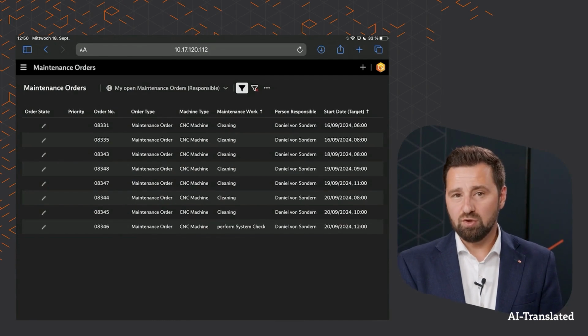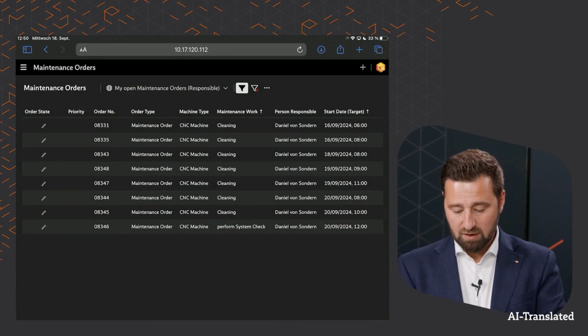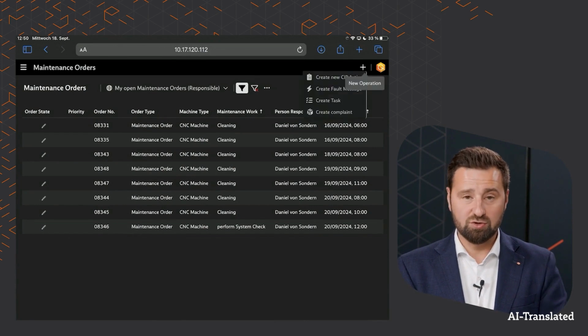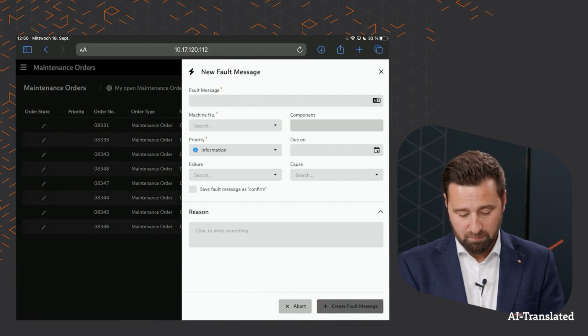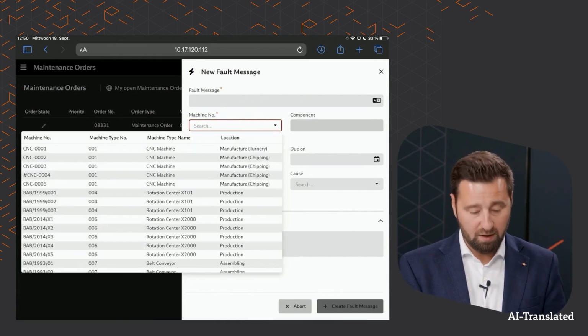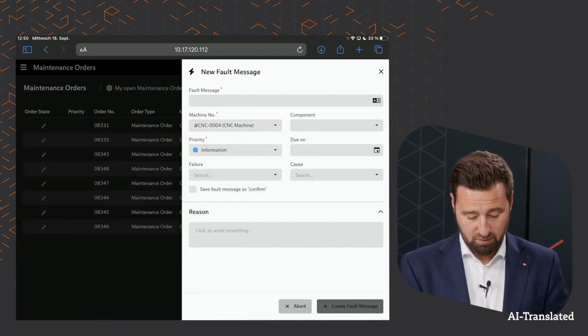And now we're going to report an issue directly on my mobile device. For that, I'm now using the Safari browser, and up here in the top right, I have the option to create a new issue report. We're creating that. First step, what I'm doing here is determining which machine I'm standing by. For that, I'm accessing the list of machines that are available to me. We're now selecting 10104, the machine we just looked at.